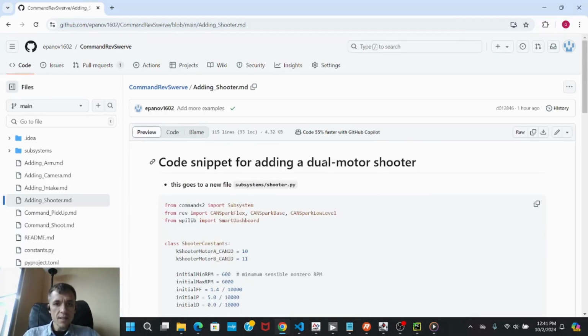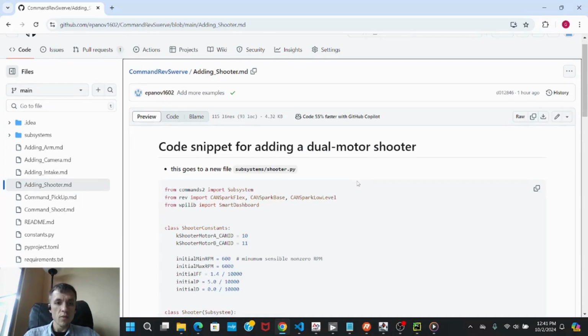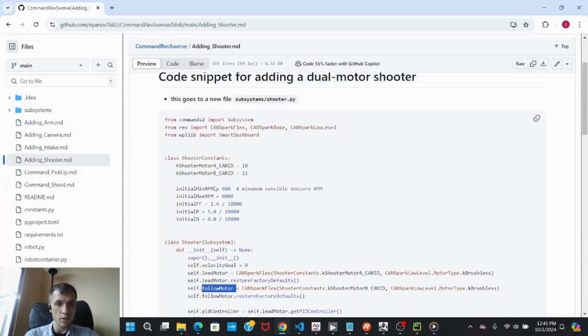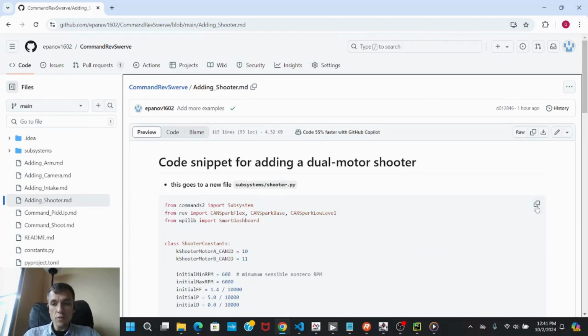And this is going to be a dual motor shooter. There are two motors. One motor in this shooter is going to copy what the other motor is doing. In other words, one motor is a lead motor and the other motor is a follow motor. What we need to do is we need to create another subsystem,